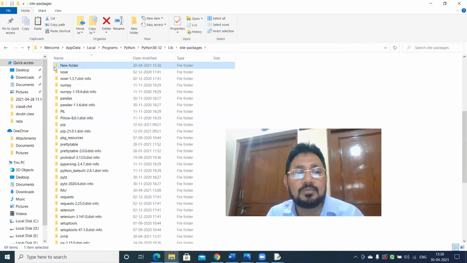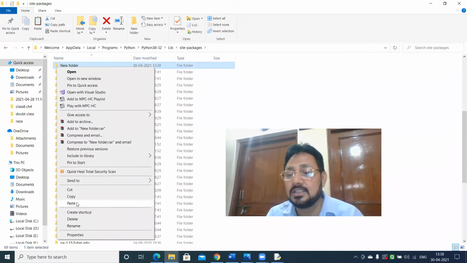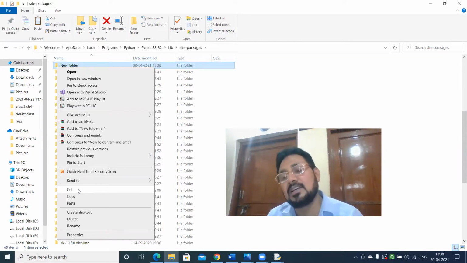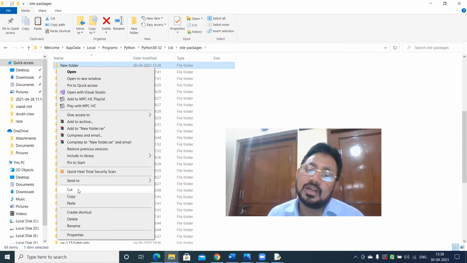Normally we complete our work somewhere outside this path so that the site packages and the libraries are not disturbed or damaged, in case I have opened some other folder by mistake or made some mistake. So better is to make your folder at any location, complete your work and simply paste it. Otherwise, you can also directly make a folder here and follow the same procedure.